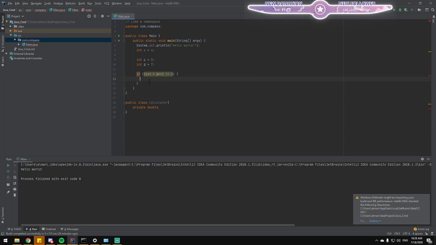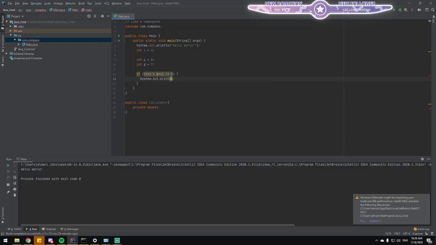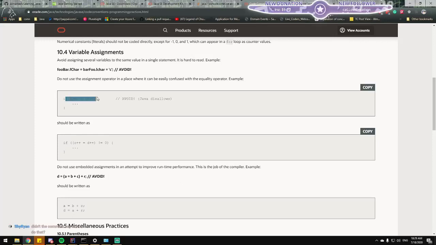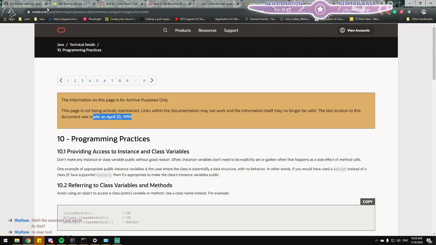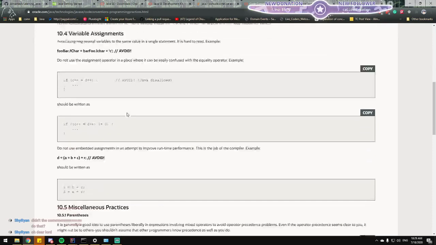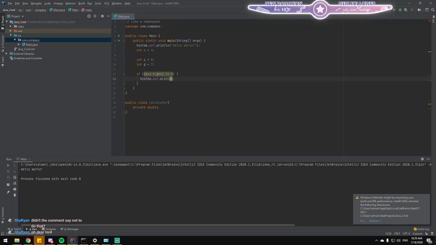Okay, C, system.out.println. It did say do that. It says this shouldn't be done that way, but it says it should be written as this. So that's why I'm quite confused that they're saying it. Though this is a document written by Oracle, the official Java conventions documentation in 1999. So yeah. I would never write it, but I'm still curious about the result.